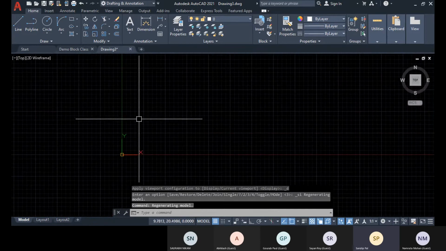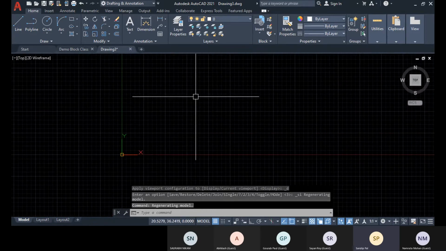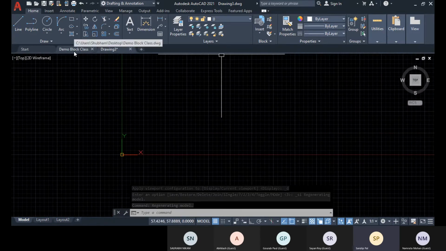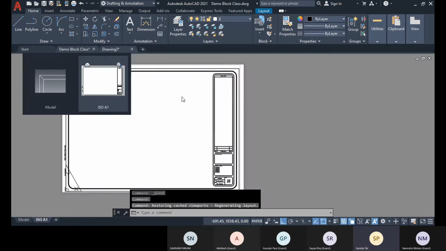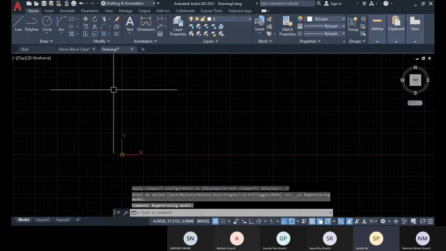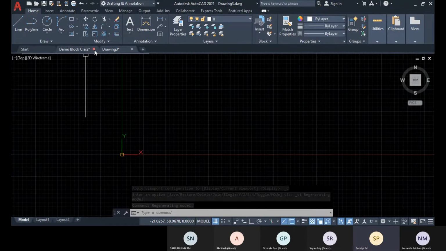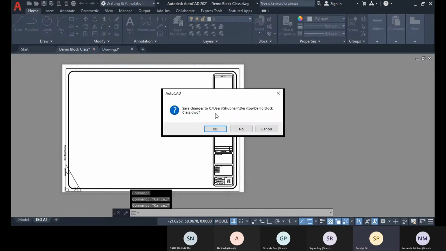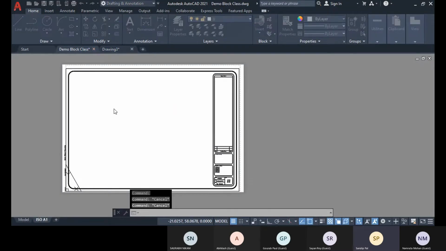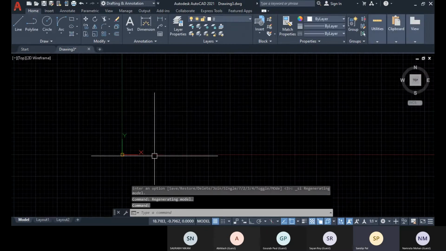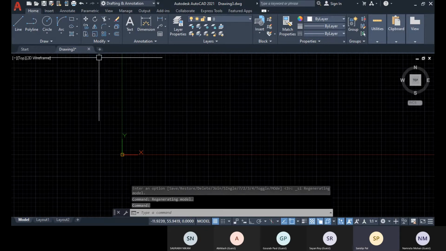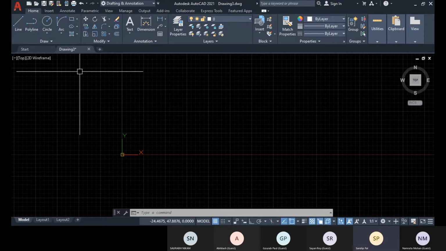And here suppose I need to access the block which is created in another drawing file, without opening that drawing file. Let me close that. Even if I close it, I can access it.